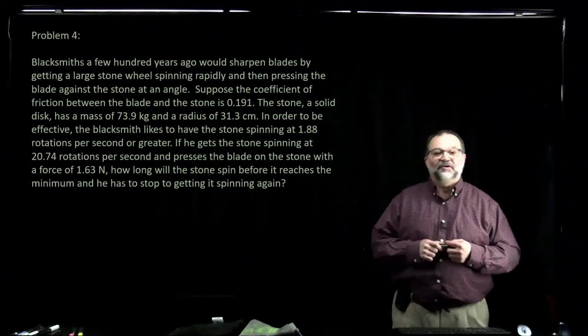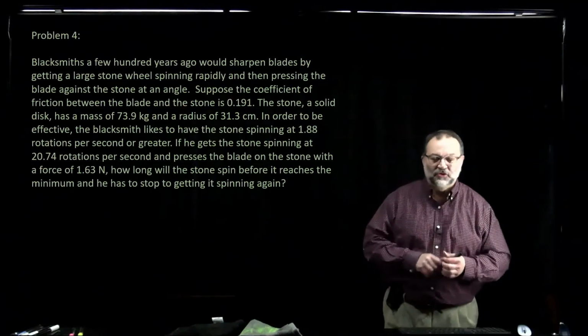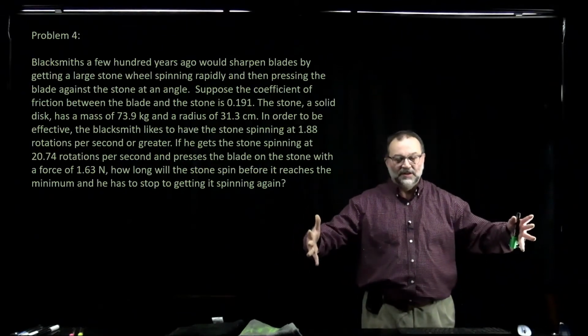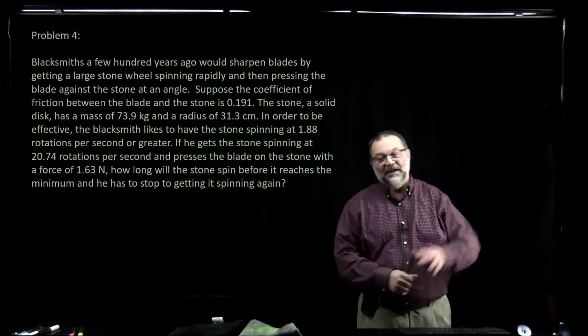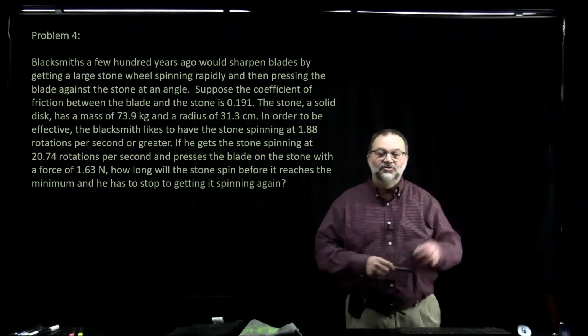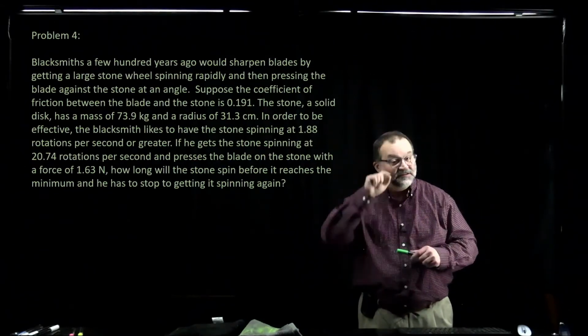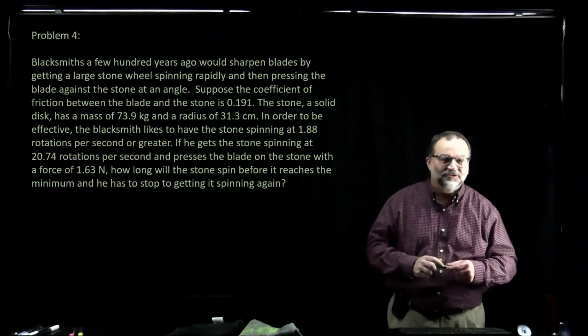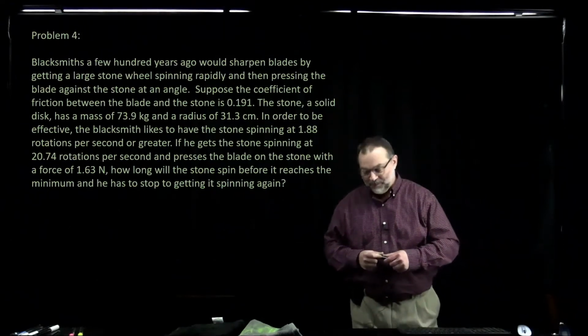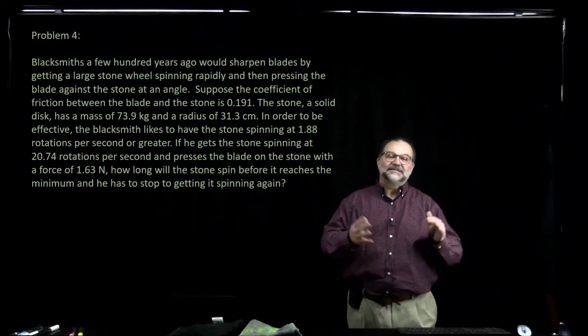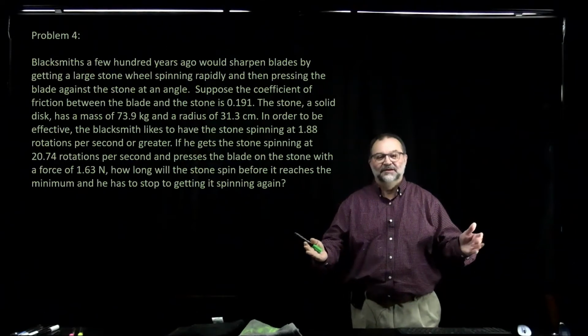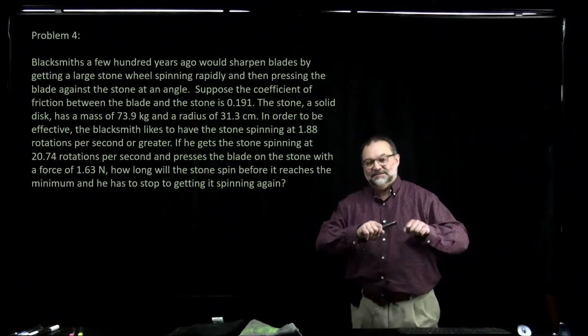This is a problem about a grindstone. A grindstone is just a large stone that's a wheel, and you spin it, and then you use it to sharpen blades, sharpen a knife, sharpen an axe. And it's used because when you've got a large object to sharpen, you don't want to be sliding it along